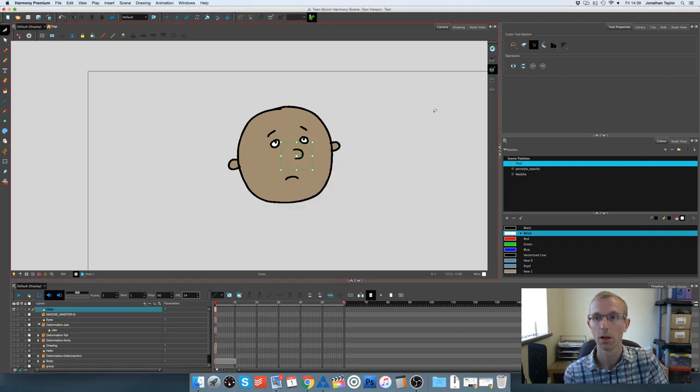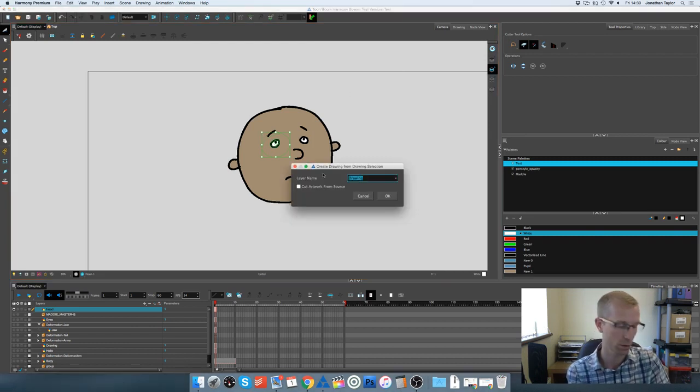Oh, hang on a second, I've done the wrong thing. I've got ahead of myself. Over here in the cutter options, sorry, you have the second option which says Apply to Line Art and Color Art. Make sure that is selected. Then with your cutter, select the section you want, and then we'll do our test nose